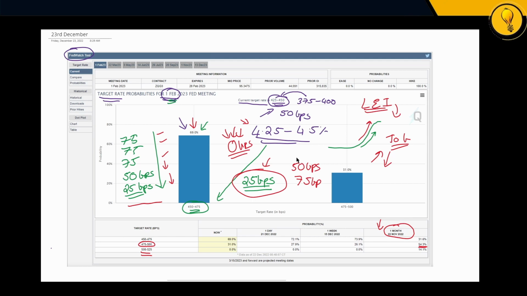be enough. That might be enough for the Fed to say, okay, you know what, we're going to stop here, right? We won't even be doing 25 basis points. We're going to pause, right? That's what they're going to say. They're going to say we're going to pause and we're going to see how things go.